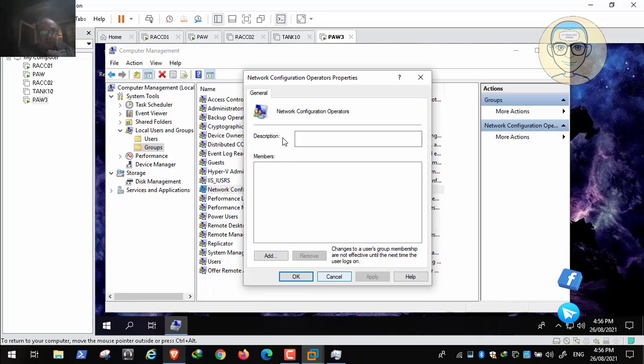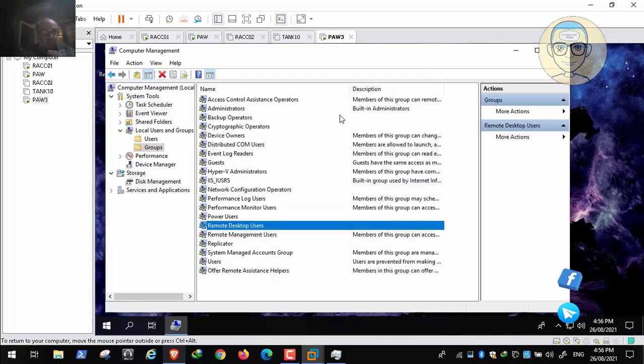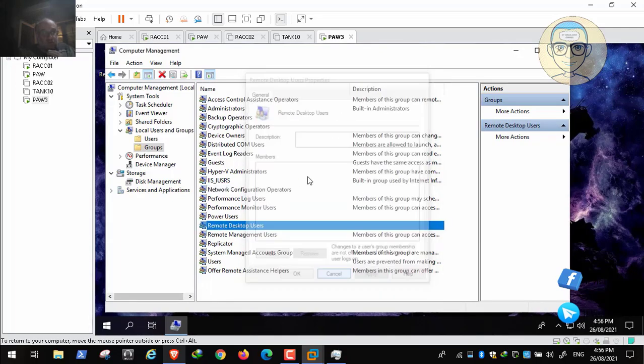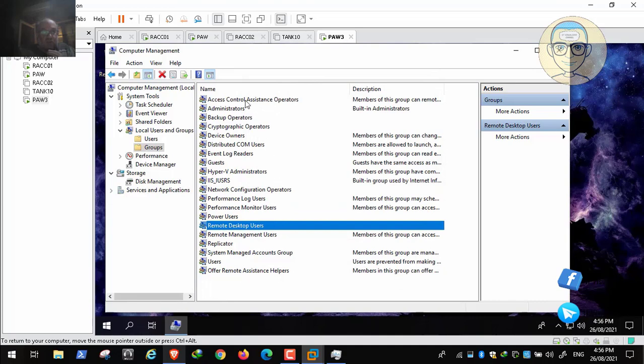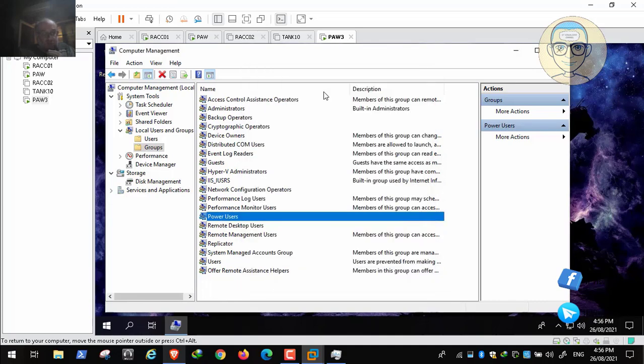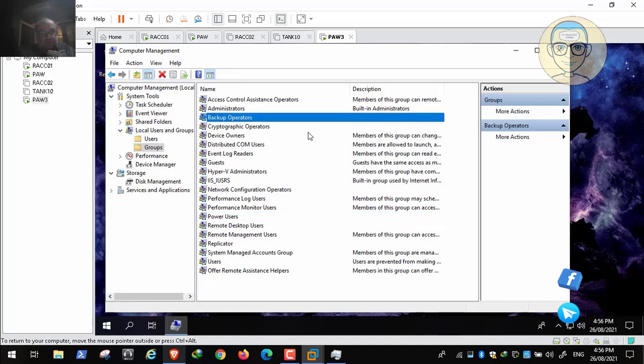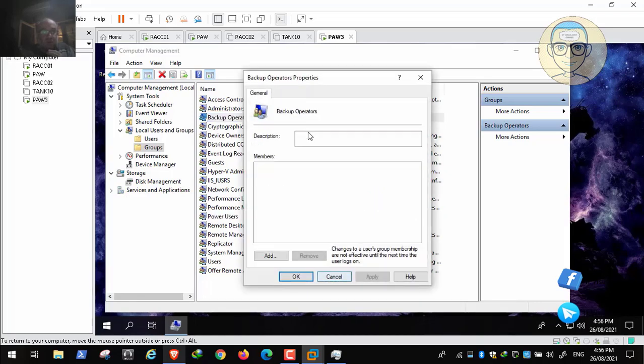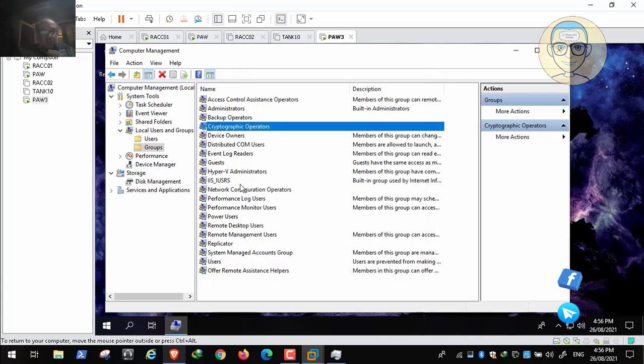Network configuration operators, okay, it is empty. Remote desktop users is empty. All of this we have defined in the PAW computer group policy. So now we have done all of this. Okay, backup operators. So this means our group policy is applied. We need to test the last thing